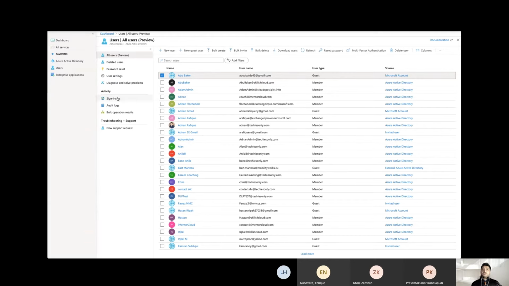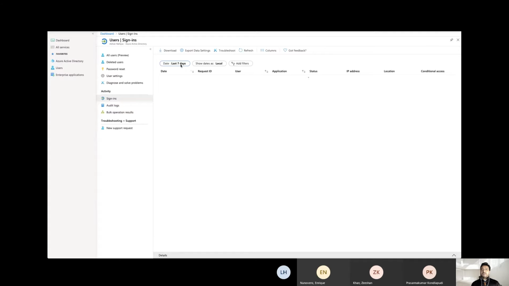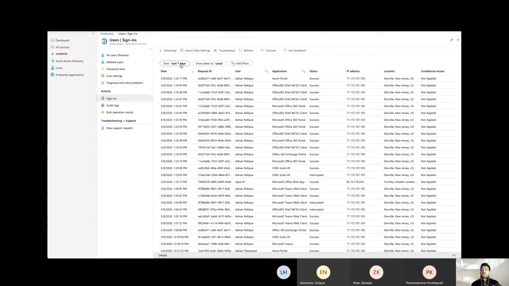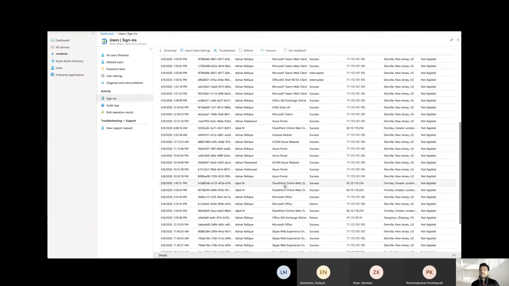What is that? First things first, sign-in logs. My sign-in logs, right out of the bat, are there in this blade, and it gives me my 7 days, as I said, since it's my small tenant account. You can see, I will hide my IP address when I put this on YouTube, but for now it's fine. So you see every incident, every application.